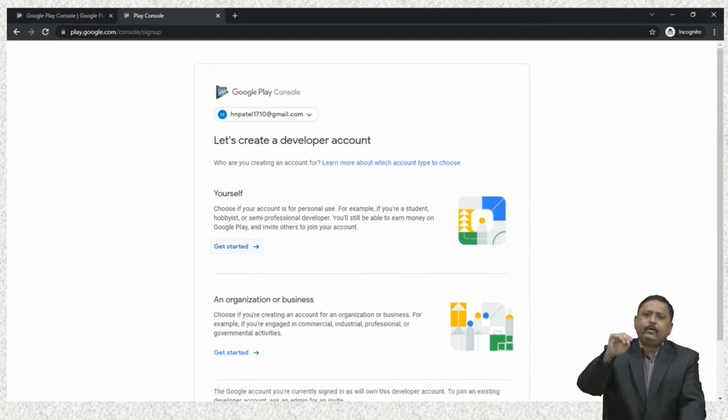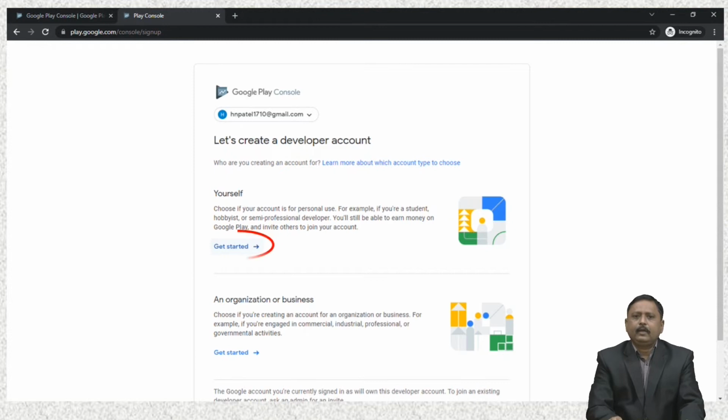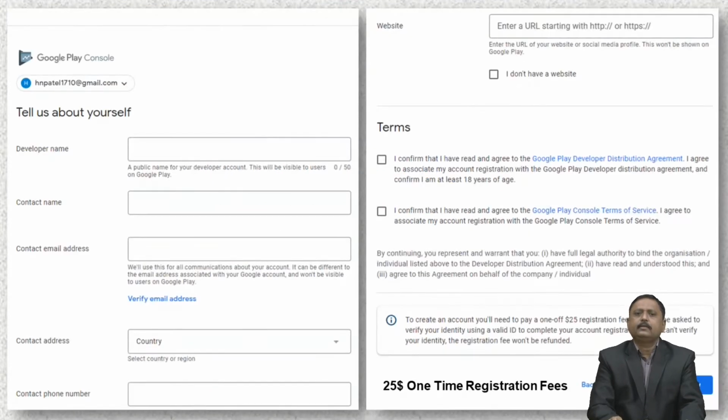Now, when I click on get started, it asks for information about myself. Then you have to provide the developer name, contact name, your email address, your country of residence, your phone number, your website, and if you don't have a website, you have to check that checkbox.